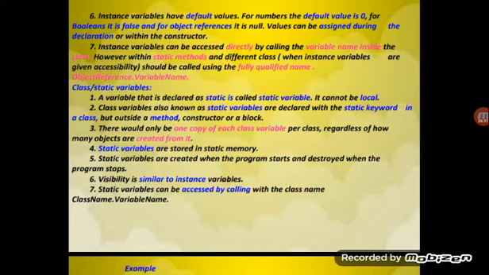Visibility is similar to instance variables. Static variables can be accessed by calling with the class name, that is class name dot variable name.